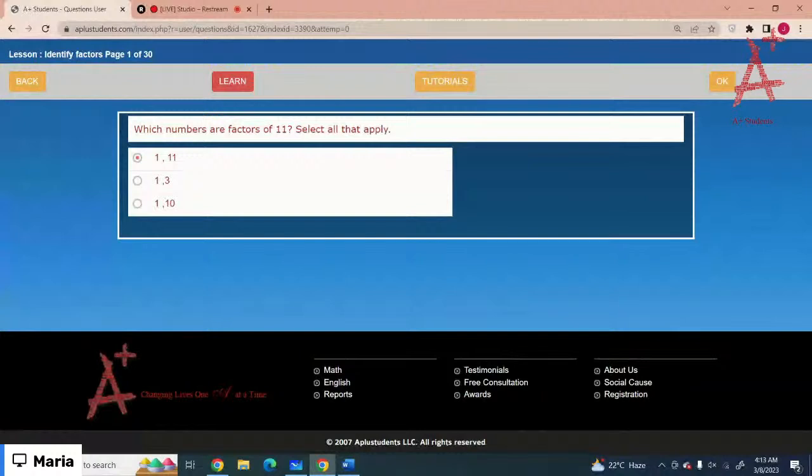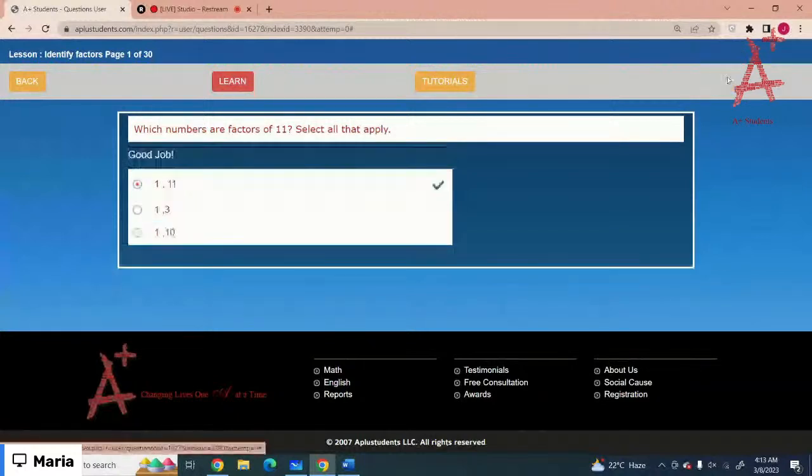And the other way is you can divide and check. Got it? 11 divided by 1 is 11, and 1 times 11 is 11. So 1 is a factor of 11. Then 11 divided by 11 is 1. You have a remainder 0. That means 11 is a factor of 11. Okay, I haven't clicked on the OK button. Sorry. Okay, the next one is